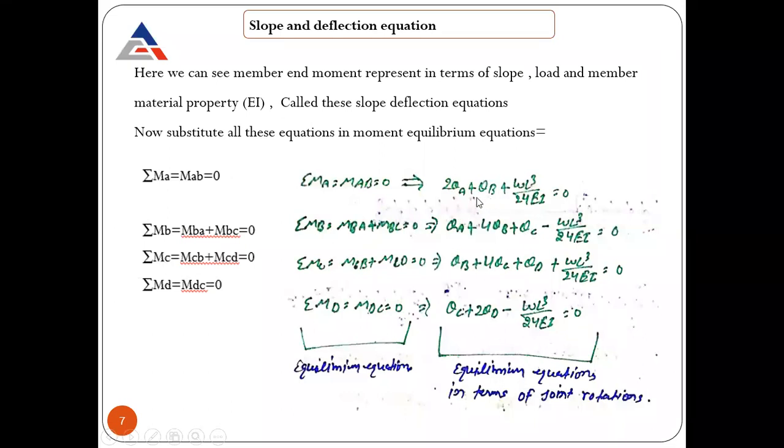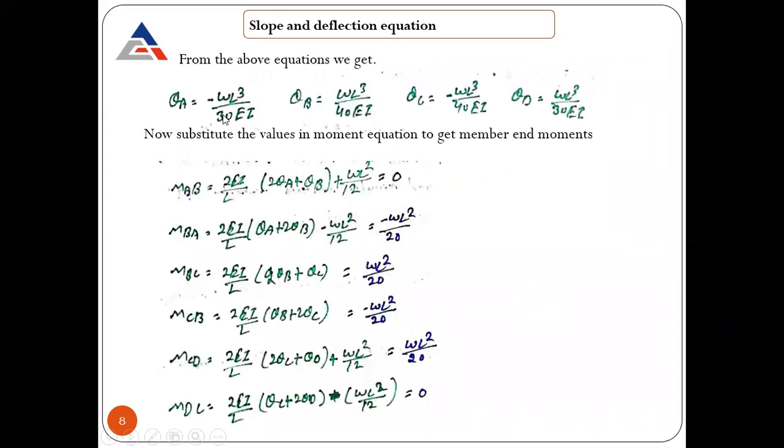Now, what we need to do initially is bring all the equations into the form of rotation and loading. Now we have theta A, theta B, and our fixed end moment. Similarly for each and every case, note the fixed end moment in the form of loading. So after solving, you will get theta A, theta B, theta C, and theta D. We just need to simplify them, plus minus whatever is needed, just a simple calculation. You will get the value of theta A.